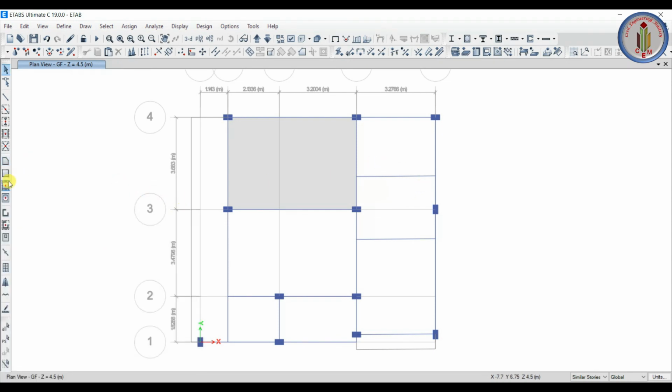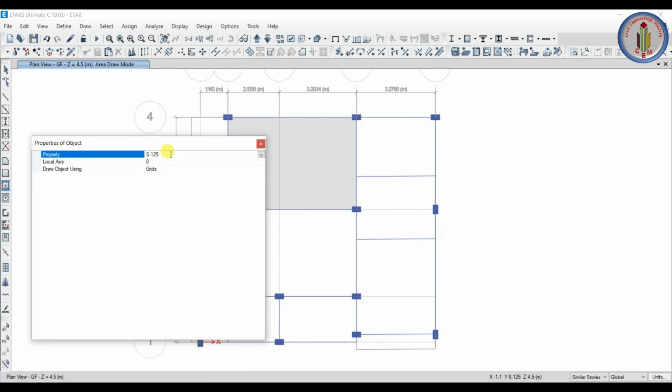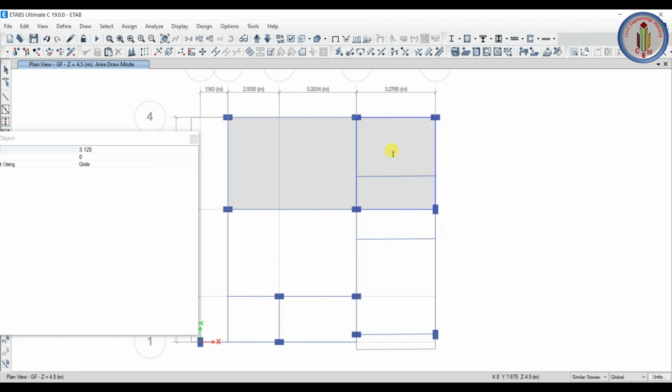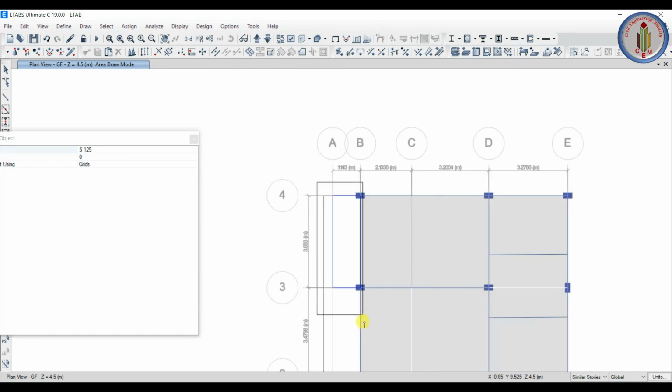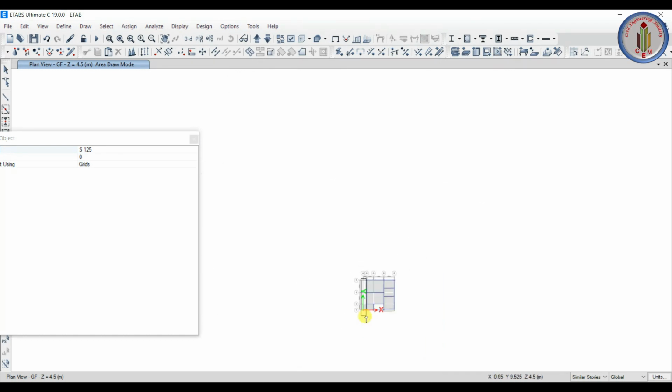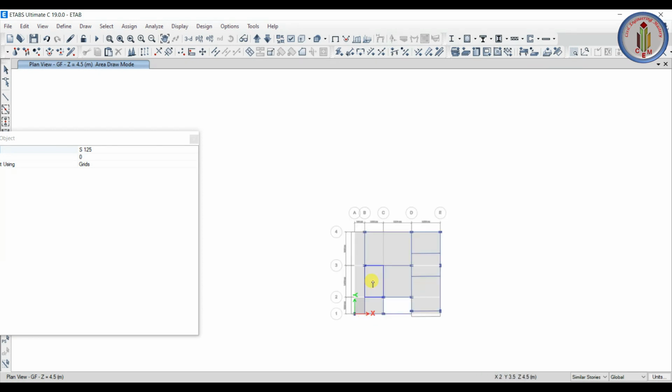Next let me show you with the quick draw option. This is the quick draw floor or wall option. So select that one, S125. Just click on this, slab will add. Here it is a staircase, and here we can even drag and drop like this to add slabs over here.